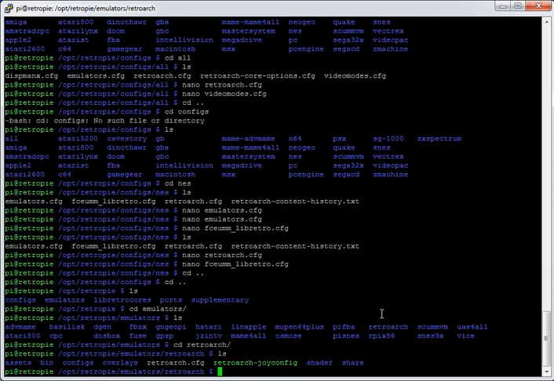It's a lot there. You can see here we've got the whole shader and overlays, which is a whole separate video. I'll leave those alone. But configs is the key directory we want. Now you can remember, right near the start of the video, we configured an iBuffalo USB joypad, and this is the directory that it would have put that in because we configured it as a RetroArch controller. So I'll change into this directory,